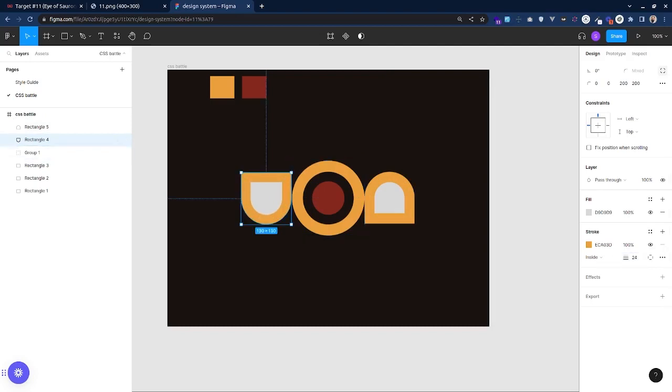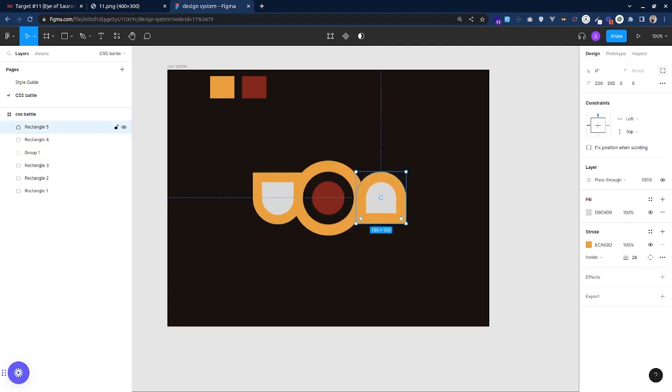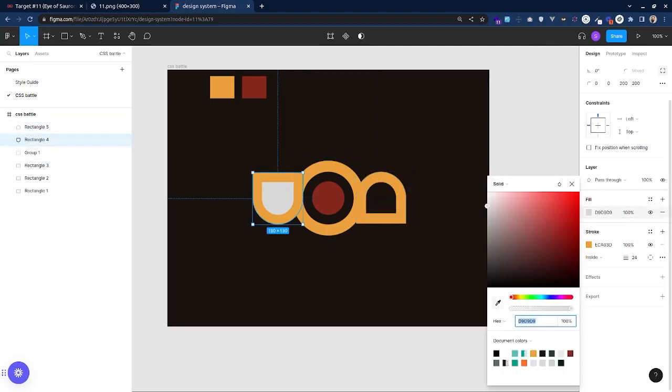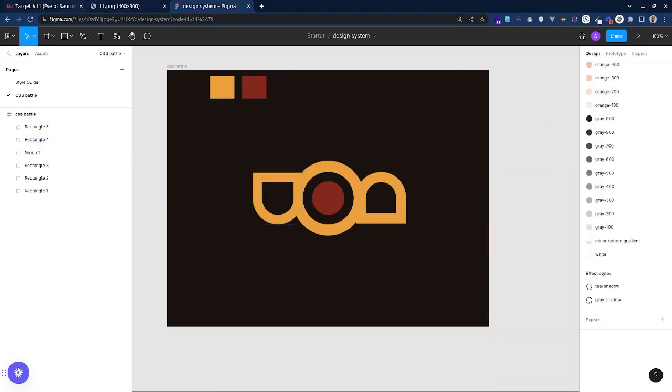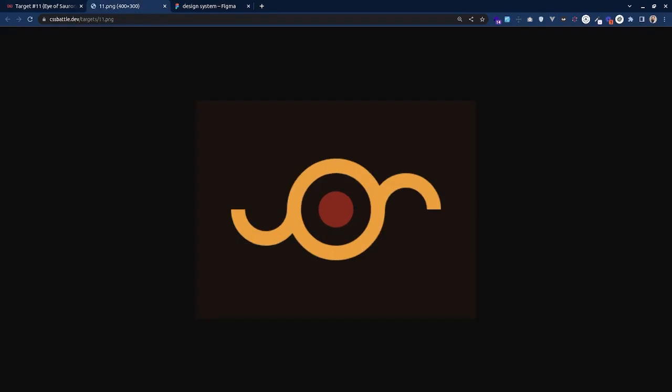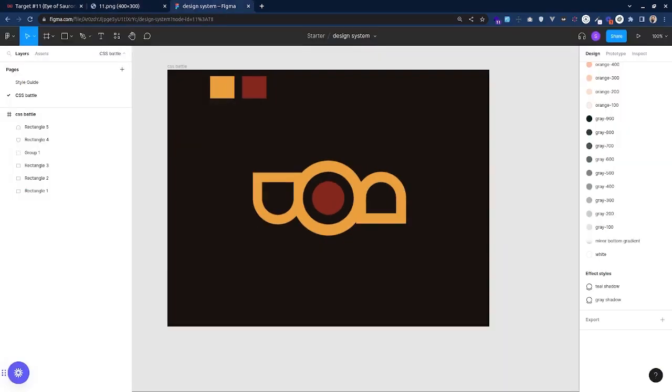Okay, we will match this radius of rectangle to the yellow circle in the middle, and similarly for the right rectangle, and change the background color to the dark like this, and also we will update the background color to the dark color. Okay, so now we have this, and to hide the upper portion of the left rectangle we will require a